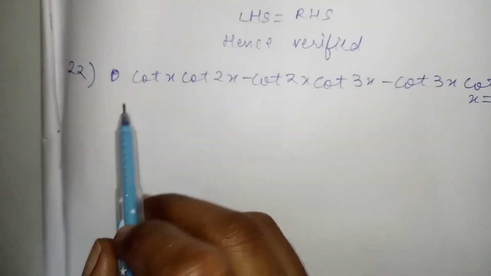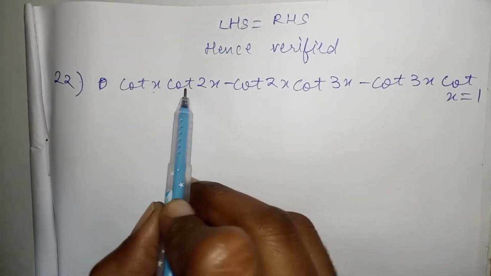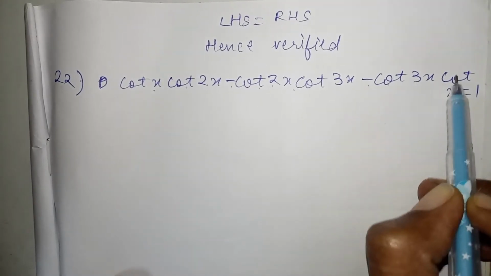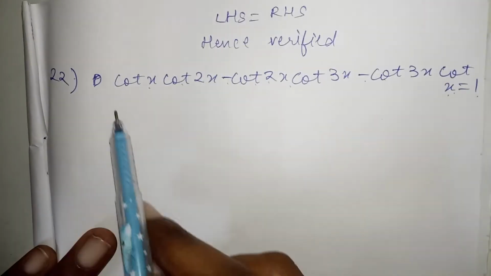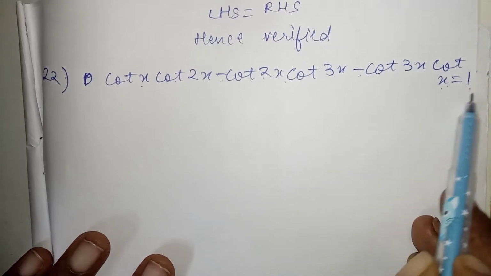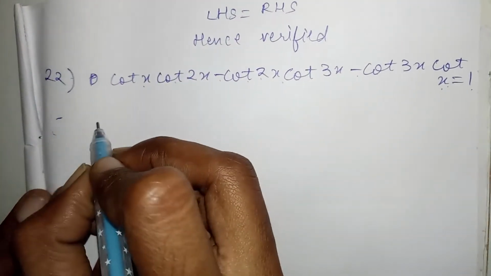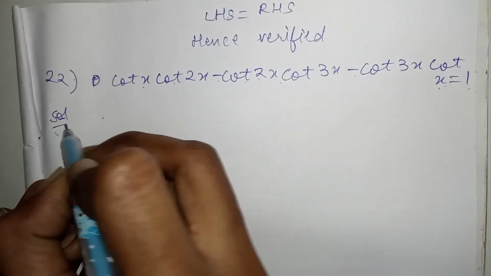So let's start question 22. Question 22 is: cot x cot 2x minus cot 2x cot 3x minus cot 3x cot x is equal to 1. So we have to take the whole left hand side and prove it as 1. So let's start. The solution is, first, what you have to do is